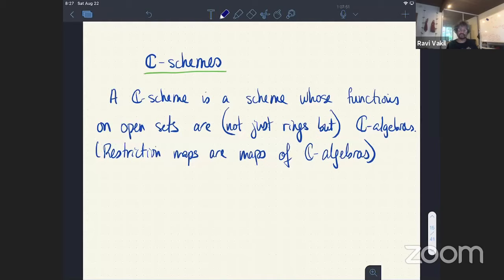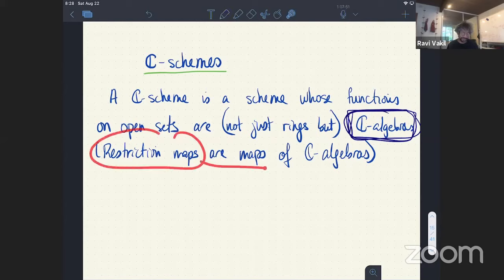So let me define, first of all, what a complex scheme is, a scheme over the complex numbers. So I'll call it a C-scheme. And it's a scheme all of whose functions are C-algebras. So on a complex variety, all the functions on any open set, of course, you should be able to multiply them by the complex numbers as well. And of course, implicitly, even the restriction maps are maps of C-algebras. So we have not just a ringed space, but a space whose rings are all C-algebras,